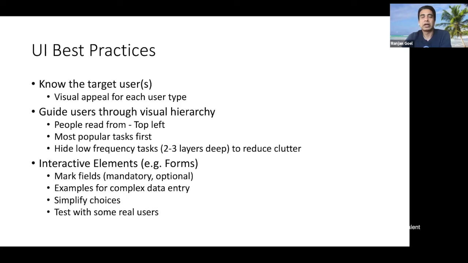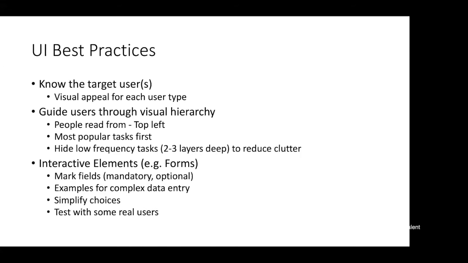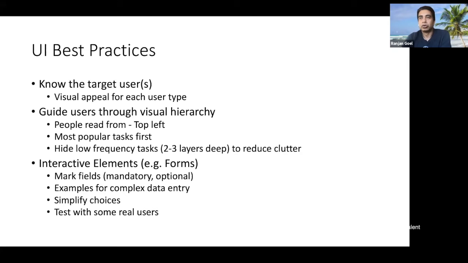The second is from a geographic perspective, like the language. A lot of the time you may want to translate. Suppose Inner Talent is reaching out to students who are non-English students, or English is not their first language. So you may have to have a translated version of the site, or certain sections of the site that are very complicated, in say Spanish or other languages which your target users are more familiar with. So those are the things that, based on the profile of the user, you have to take into consideration.